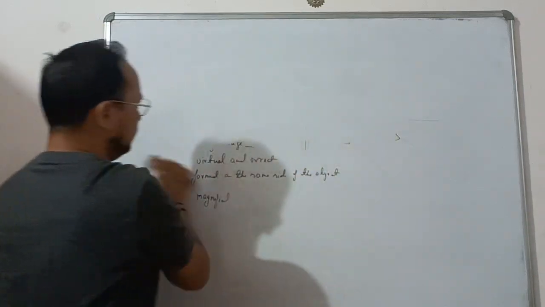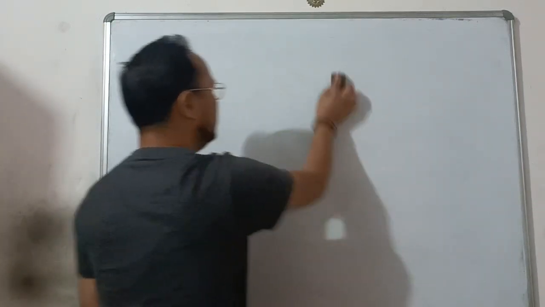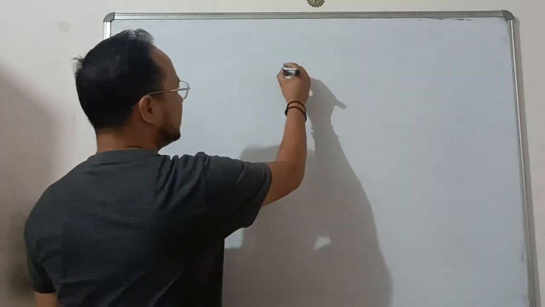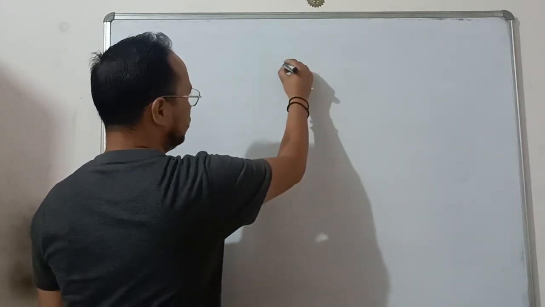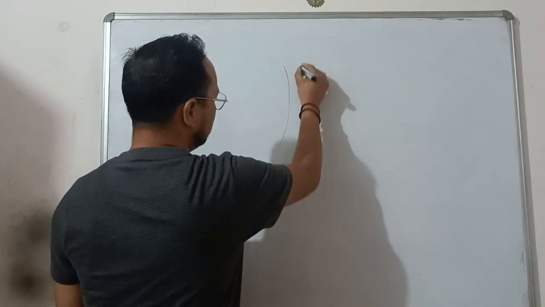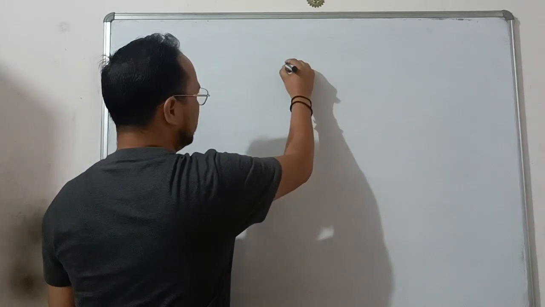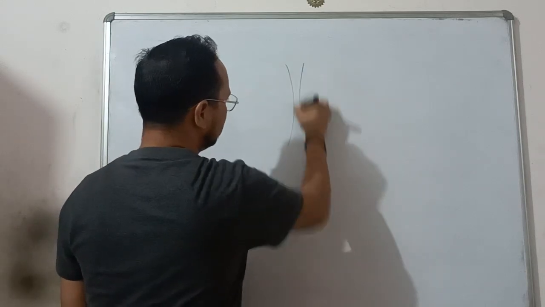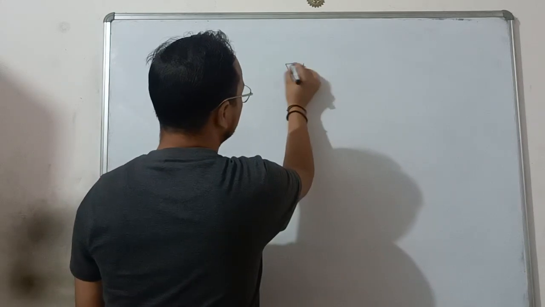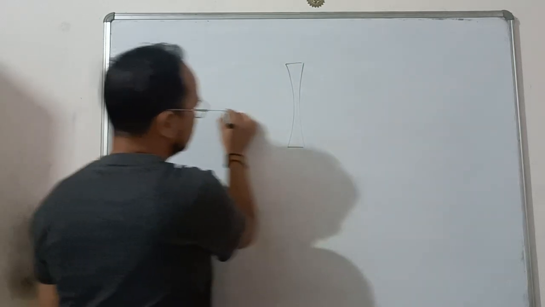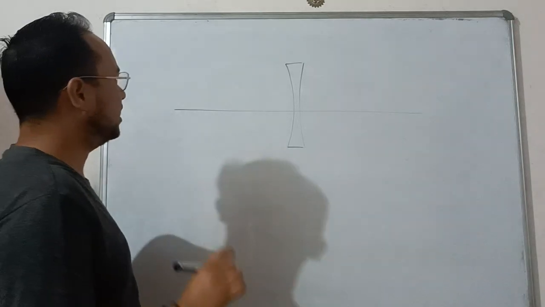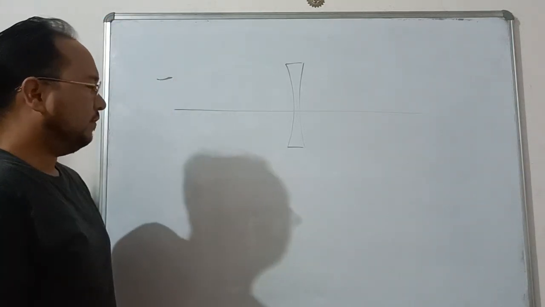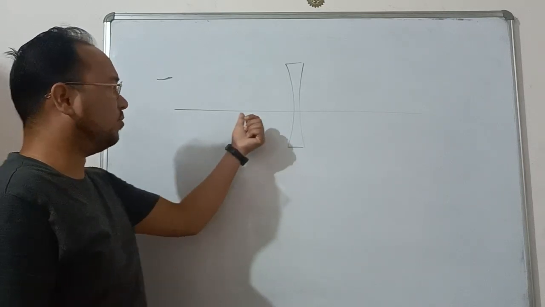Now we have another lens, which is the concave lens. So for the concave lens also we make a figure. Image formation for a concave lens. This is the topic. Here only 2 cases come. First case, when the object is placed at infinity. When the object is placed at infinity, the image is formed at the focus.